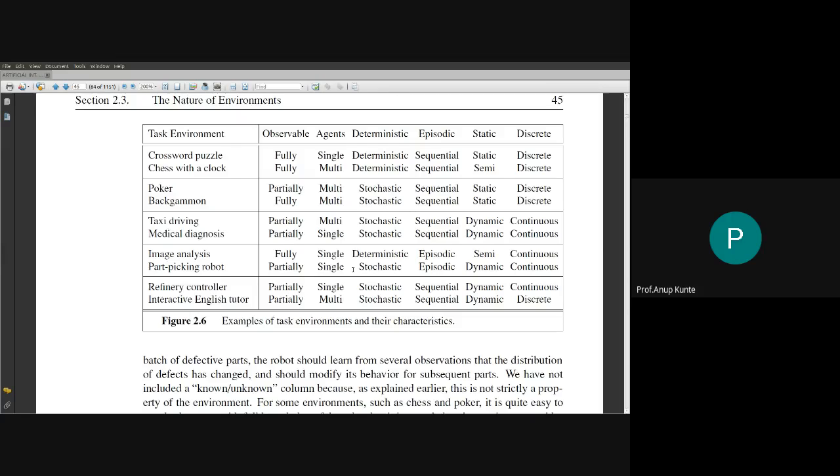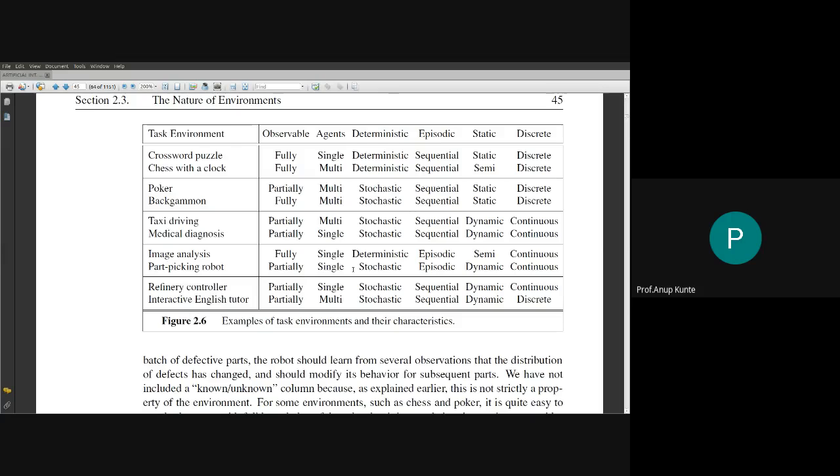It is going to be a static or dynamic environment, that is dependent on whether you are using a clock or not. Since you are using a clock, it is not going to be a static environment, because given the stipulated time, early in the game you could look ahead further, but at the middle of the game there could be less opportunity to look ahead and come up with a particular action that you otherwise would come up with, given no limitation of time. So hence the actions that the agents are going to perform here are limited with respect to time.